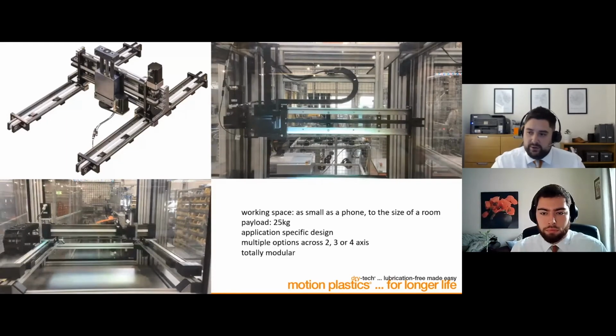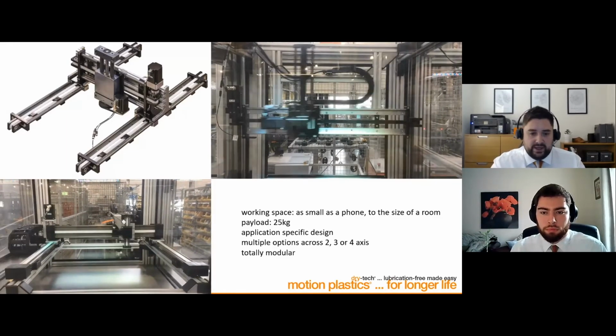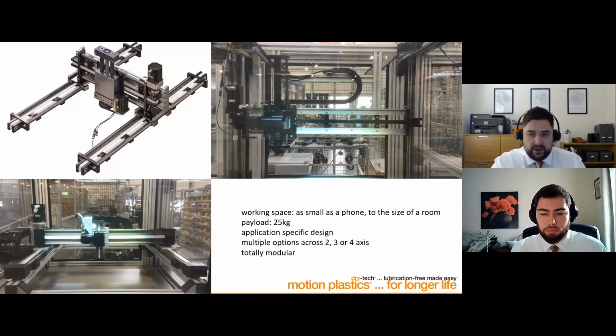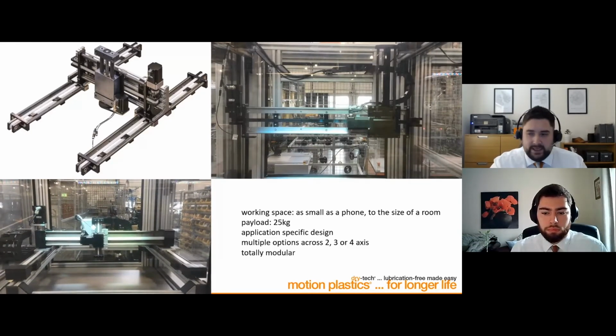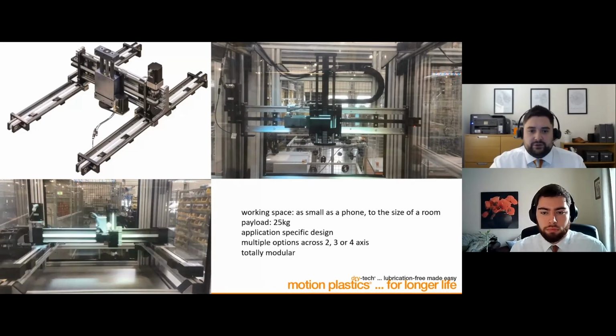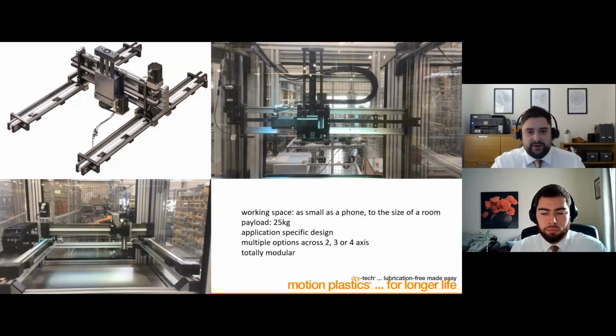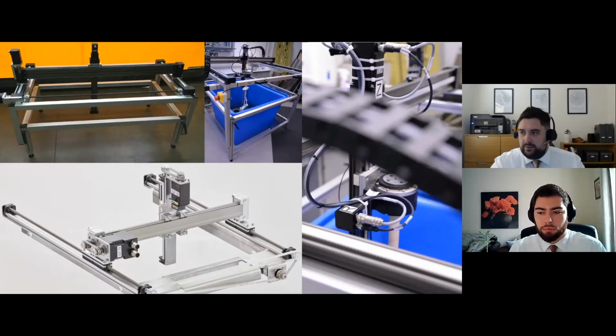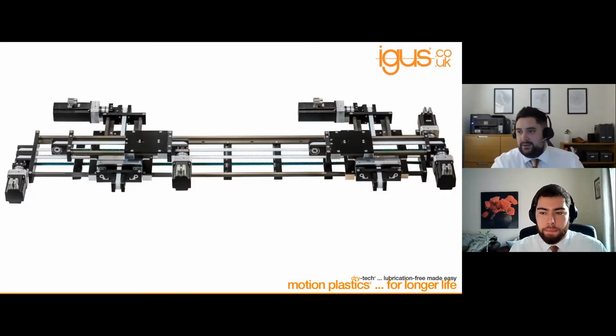So if you imagine the room gantry on the bottom left, it has a rotation device on the end effector there, or the end Z-axis, making it a 4th axis. So that's why it's our modular version. And some other aspects to the gantries that we can offer is supplying with frames. So a couple of examples of height adjustable frames. We can also supply it with energy chain systems and troughs and towing arms and things, dependent on what the customer's doing, all the way up to really quite complex systems like you can see here, some really large, heavy duty gantry systems with gearboxes and things like that.